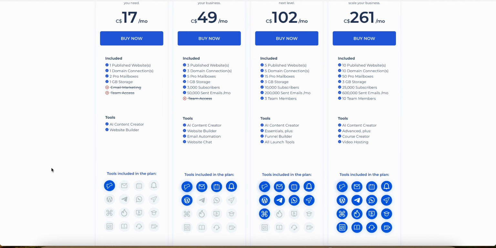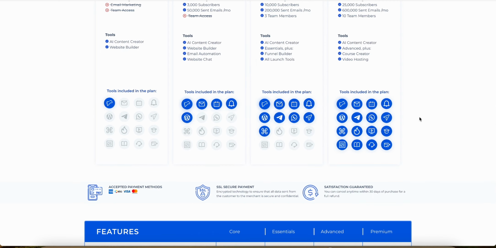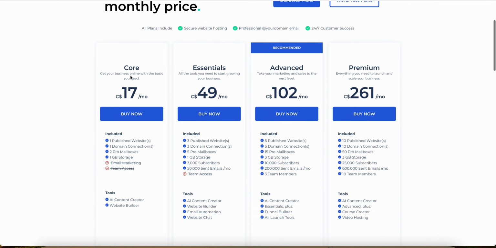Builderall's pricing is designed to be as flexible as possible so that users can choose the plan that best fits their budget and their needs. And they also offer a satisfaction guarantee, so you can cancel anytime within 30 days of purchase for a full refund. So it's essentially like a 30-day free trial, which is definitely better than the 14-day free trial you get with Highlevel. You look at their plans, they have the core for $17 a month, the essentials, advanced, and premium,